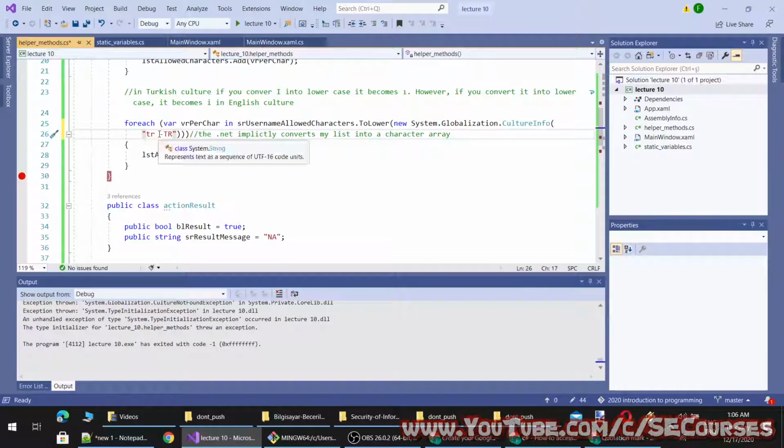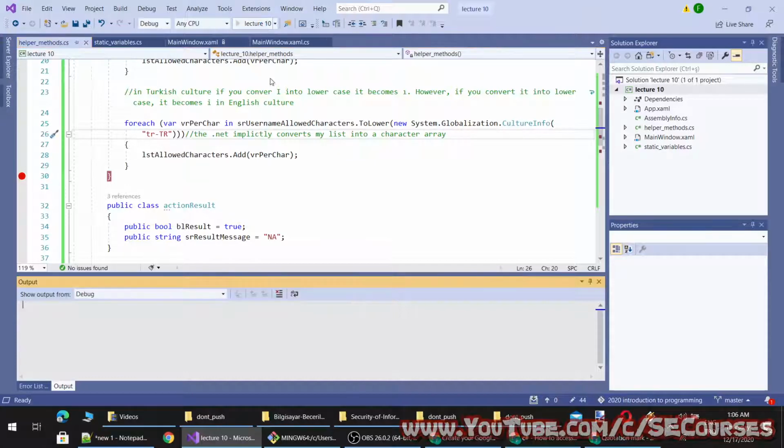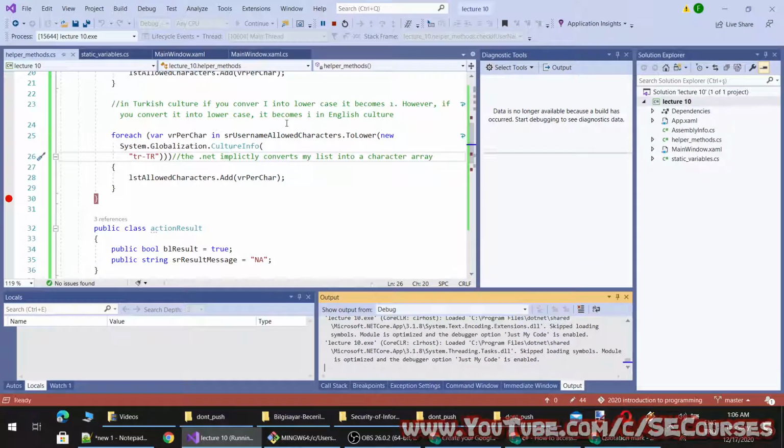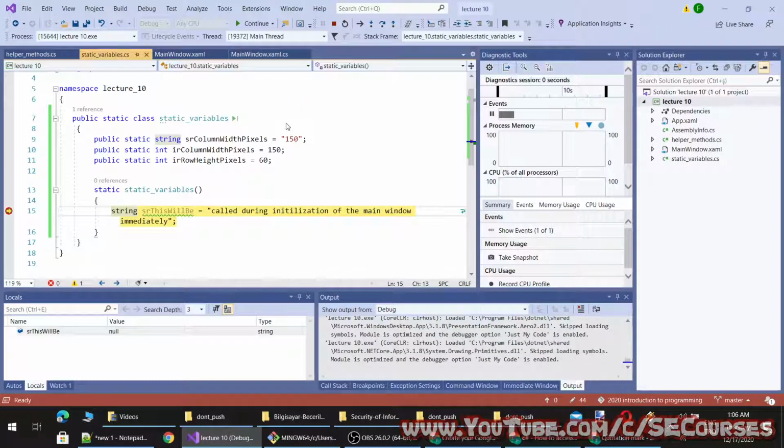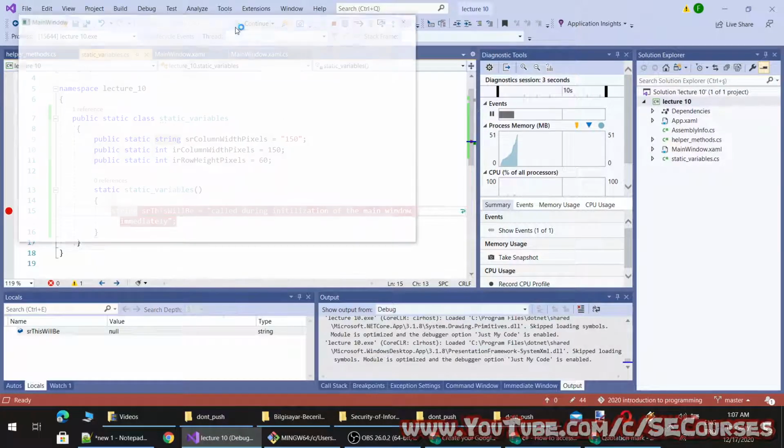Yes, you see the space here. It is breaking my code. Let's run the application again. Okay, let's continue.